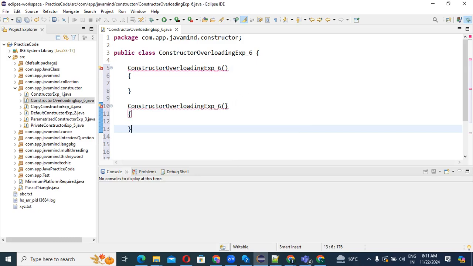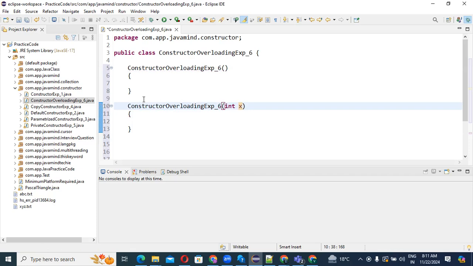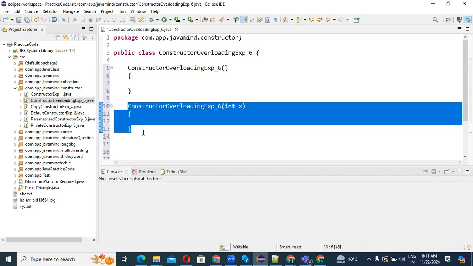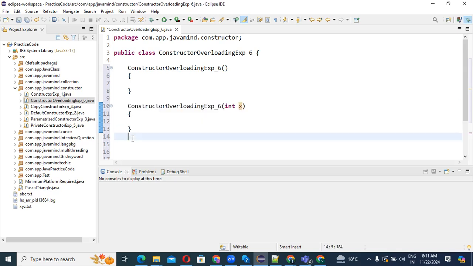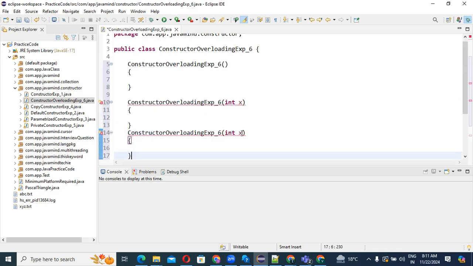okay? That's why if you pass here, suppose, int x, see, the error has been removed. So now the compiler understood, okay, this is considered a zero-parameter constructor, and that is a one-parameter constructor, correct guys? Yes or no? If I create one more constructor, guys, what I can do is copy paste. But in this place you can define, suppose,